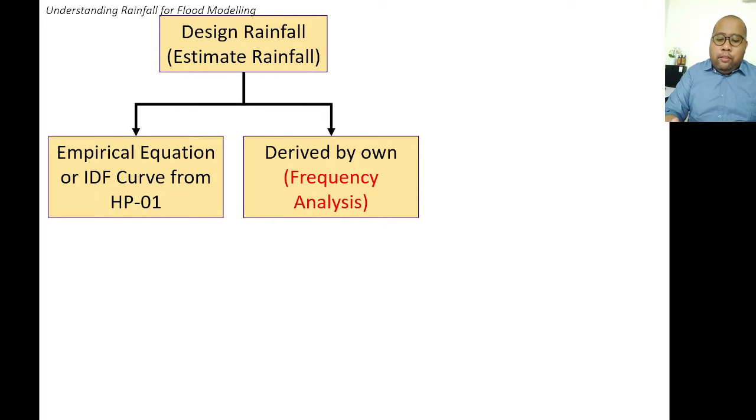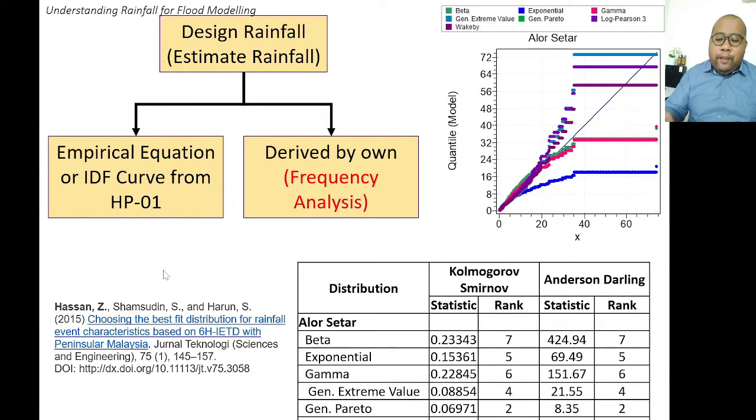The second way is you derive it on your own. That means you do the frequency analysis. If you go through Hydrological Procedure 01, they actually mention the steps on how we develop it on our own. They put some methodology and the steps that you need, and you can follow the steps. If you do the frequency analysis, for me this is much better, because you are able to test